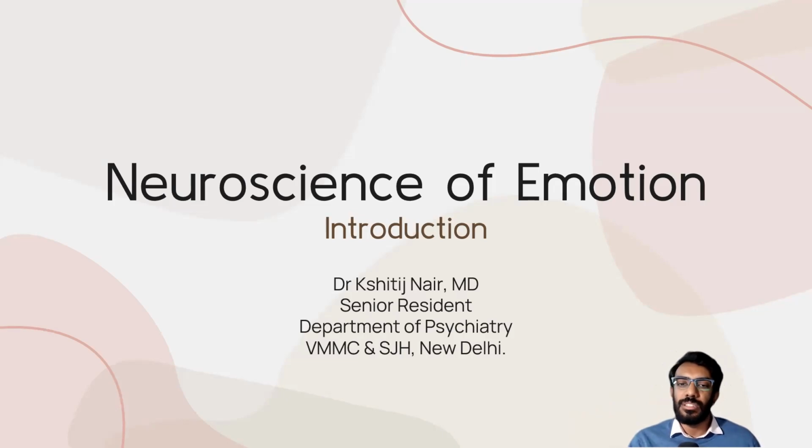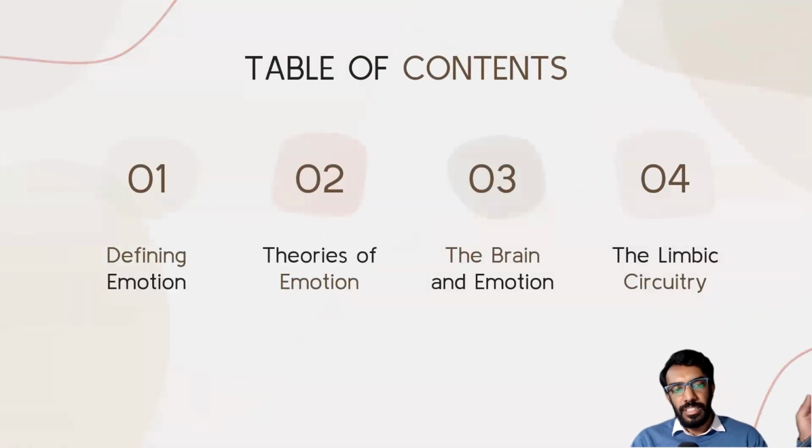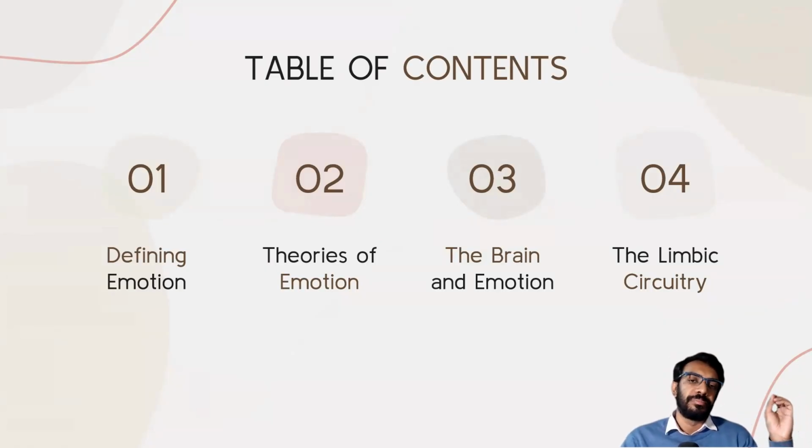So what we're going to try to do today is cover the basics of emotion, what emotion is, what the different theories of emotion are, and then talk a little bit about the common pathways of all the emotions in the body, or at least most of them, so that later when we're talking about specific emotions, we can get done quicker because most of it is common to a lot of emotions. This is how we'll be progressing today: defining emotion, theories of emotion, the brain and emotion specifically, and we'll also discuss the limbic circuitry in a bit of detail, because that is a recurring theme throughout most emotional circuits that we'll talk about later.